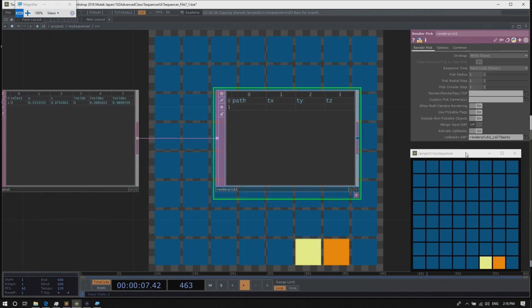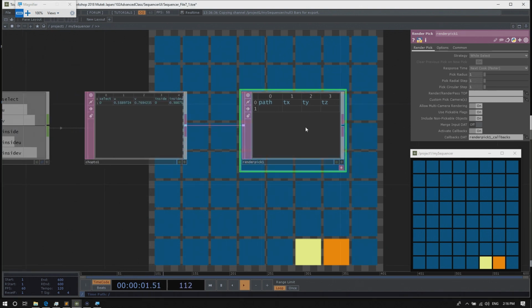If I click in there, oh yeah, I have to set up a little bit more with the render pick DAT before anything happens. In the parameters, the render pick DAT needs to know which render TOP to use.